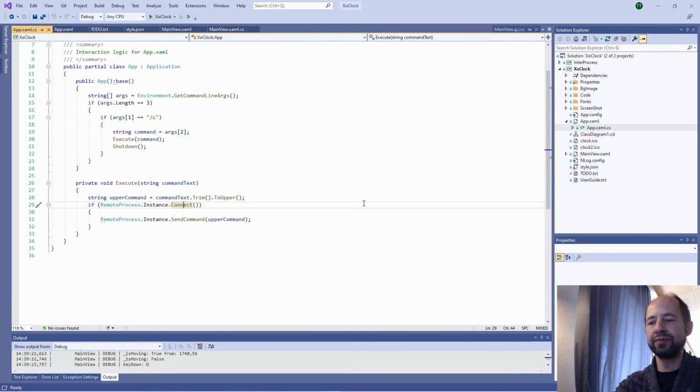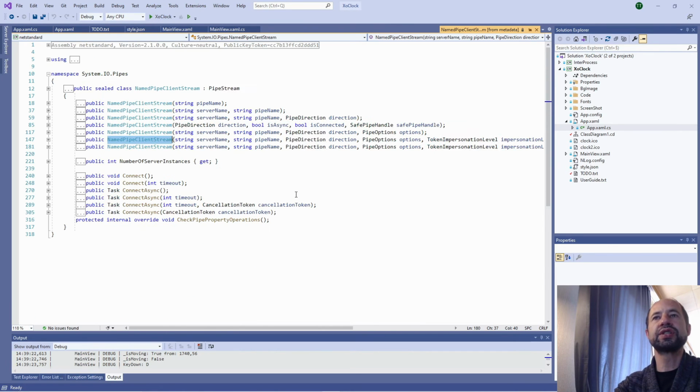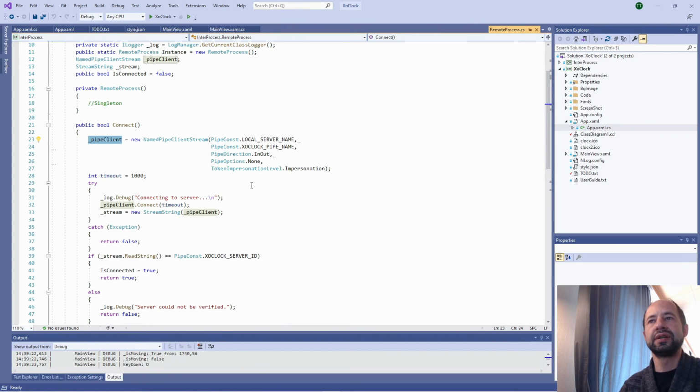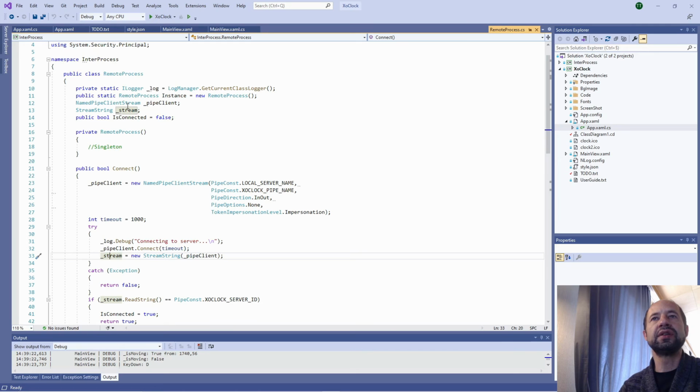Let's look at the connect method. The connect method is using a named pipe client stream, which is defined in the System.IO.Pipes namespace. Once I have a pipe client, I say I want to connect to it. Then I create a stream string, which is saved in the instance of the class.